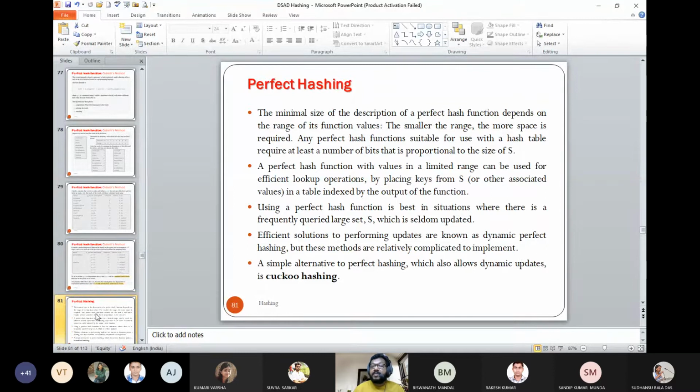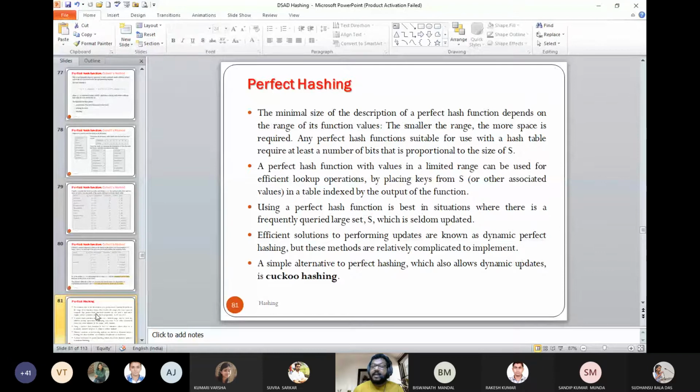A perfect hash function with a limited value range can be used for efficient lookup operations, say in a symbol table and others, when your number of items or variables is small. The cardinality of S is here N, the number of items you try to solve.